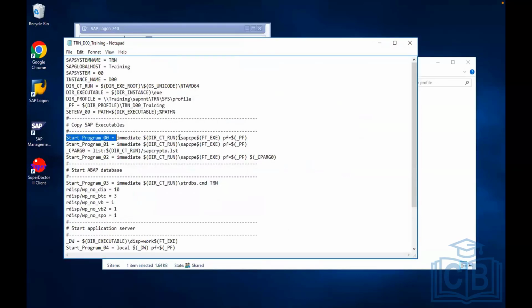It is going to call this program SAP CPE. SAP CPE program is going to run and it is going to start the ABAP database. Are you able to see, right, guys? Yes, Anjay. Yeah. So this is what is happening in the background. When we start, it is going to call this program SAP CPE. SAP CPE is going to call another program,